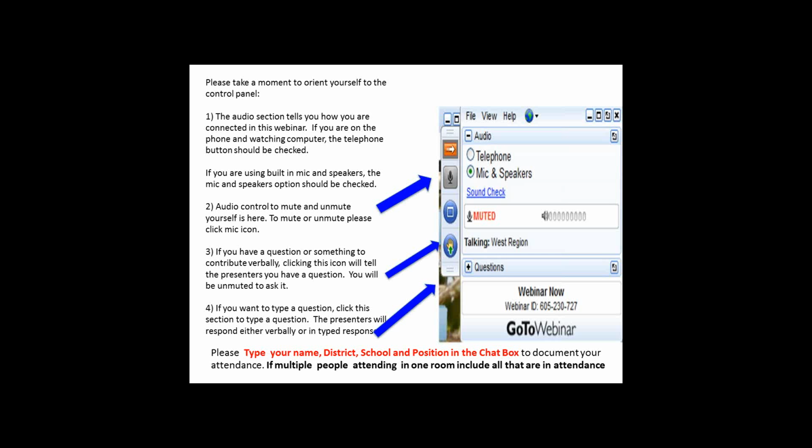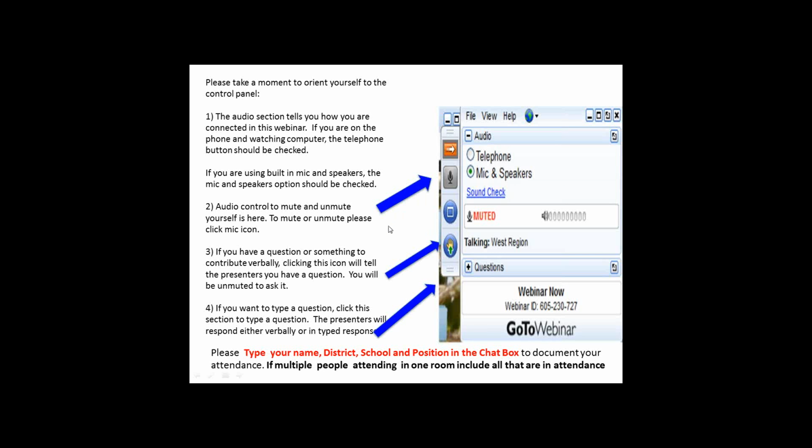If you don't have the ability to speak to us, type your question into the question box, and we will be watching that as well. If you are using a built-in mic and speakers, the mic and speakers option should be checked up here in your dashboard. If you're on the telephone, that will be checked.